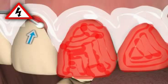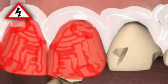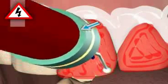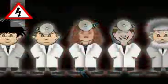These complications are, for instance, sensitive tooth necks, for example in the case of a careless application of the bleaching substance. Toothache, perhaps in the case of leaky fillings. Spotty teeth, which could result from the incomplete covering of the tooth with the bleaching gel. However, all of these complications can be prevented with